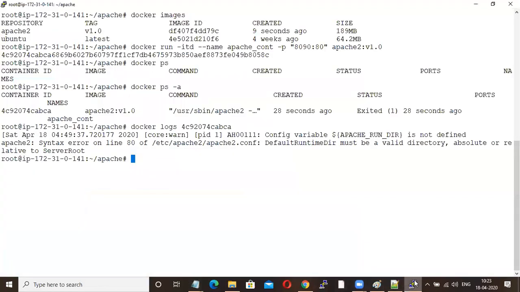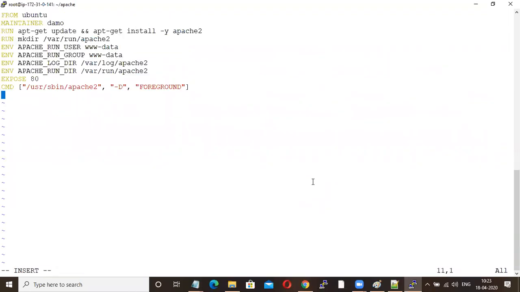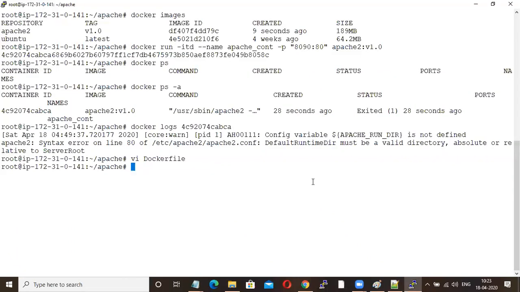Yeah, so actually the doubt is, in this file, for any service, we have to mention this? Like for launching any service in the container, we should be specifying the environment or what, like this? No, no, no. This is for Apache. See, that's what I said, based upon what issue or what error you are getting in logs, you have to troubleshoot. Okay. For Apache, you need this, that is Apache criteria.